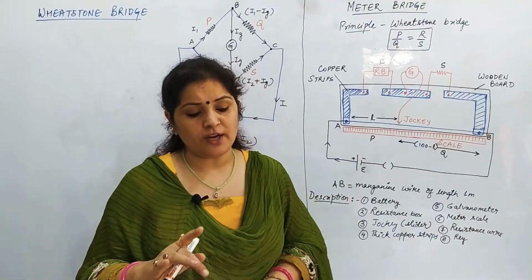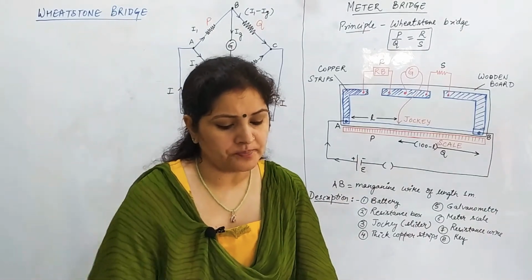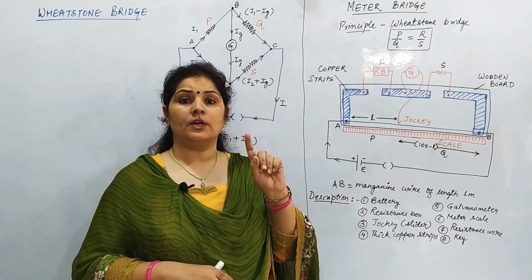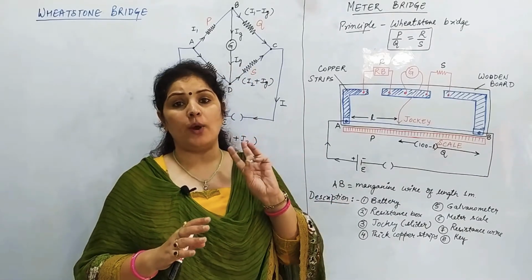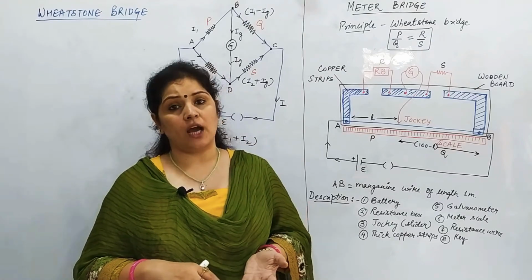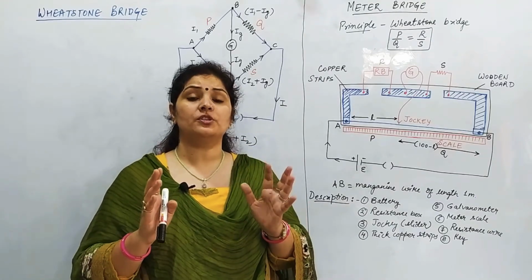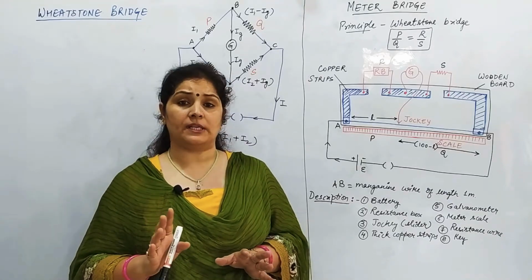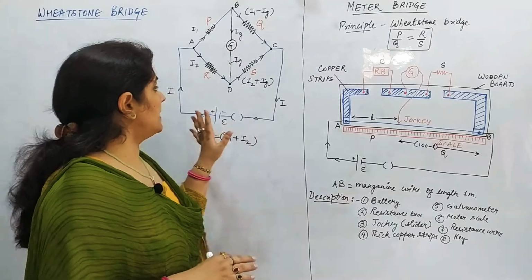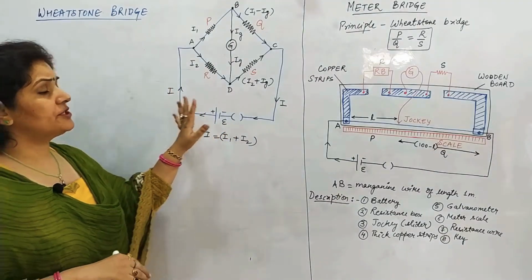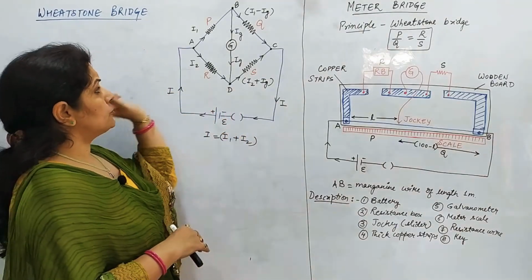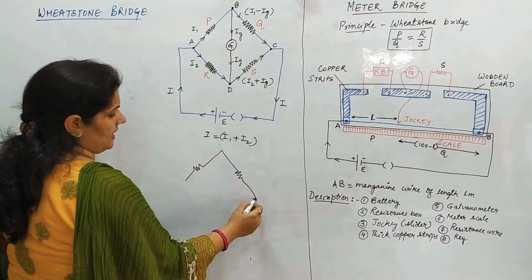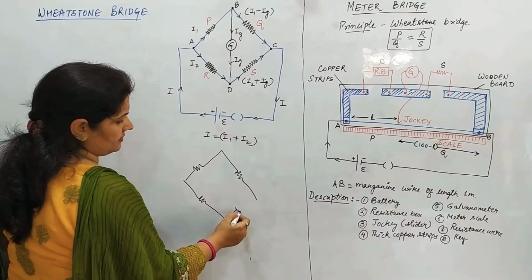It is the arrangement of 5 different resistors such that if we know any 3 out of the 4 resistances, then we can find the unknown resistance. Basically, Wheatstone Bridge was designed to find the unknown resistance and to solve complex circuits. Right? So we'll understand the diagram. This is how a Wheatstone Bridge looks like. Right? So in a Wheatstone Bridge the resistances are connected like this.